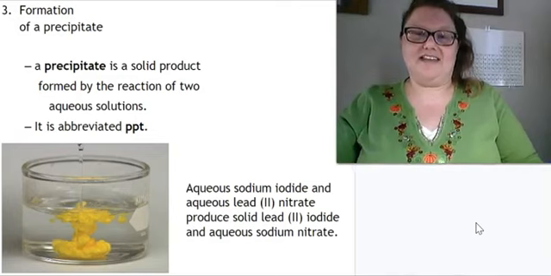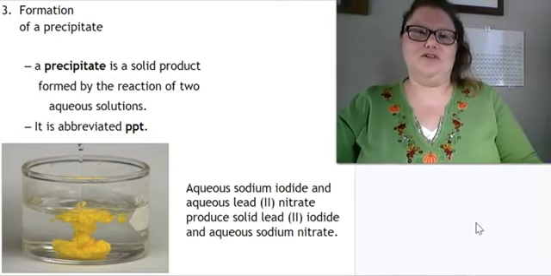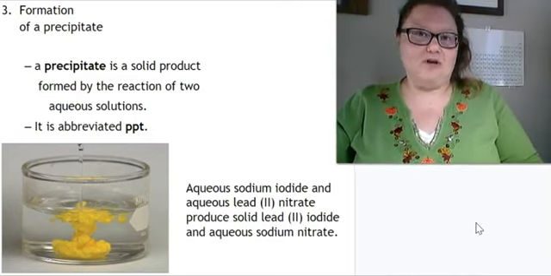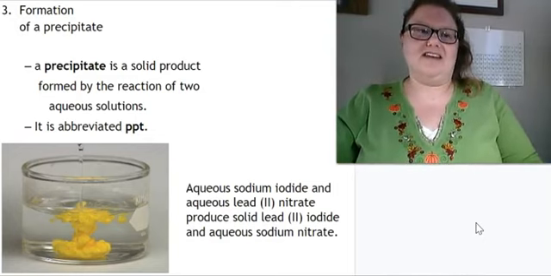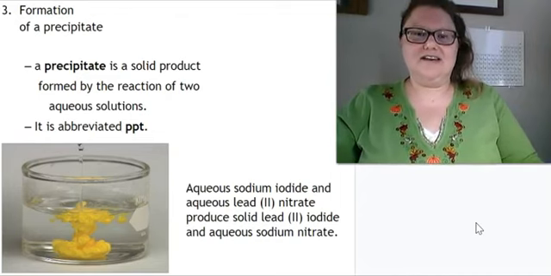We abbreviate that substance as PPT, period. This would be a product that forms, so we would write it after the chemical formula of that product. And in this example, we see